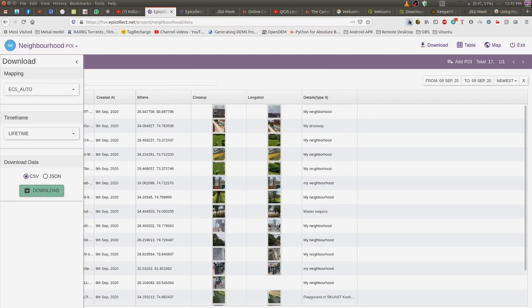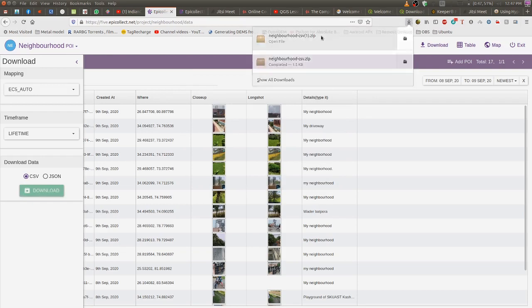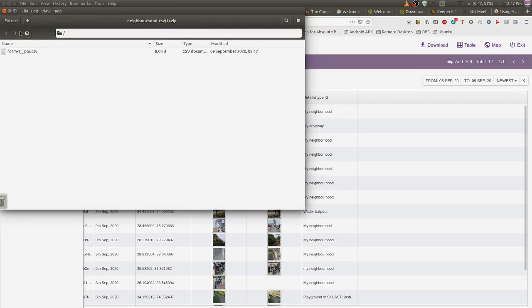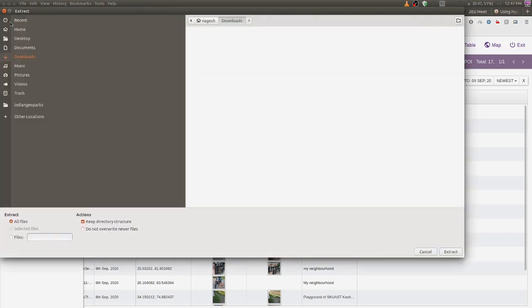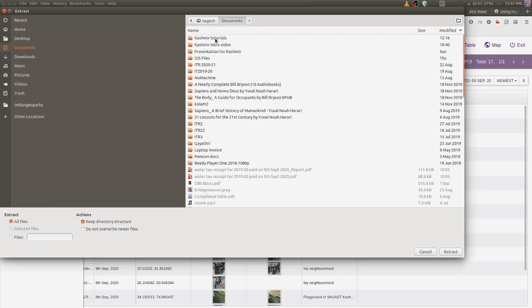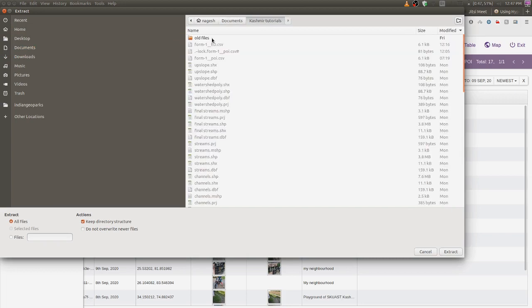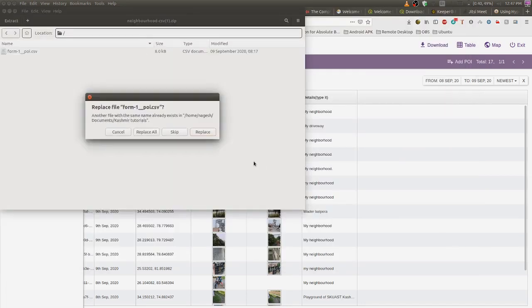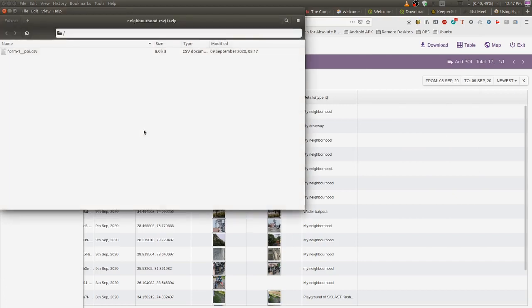Once it is downloaded, let us open this and extract it to the folder where we have kept all our files. I have made a separate folder where I am going to extract it. I have already done this, so I will replace it now.